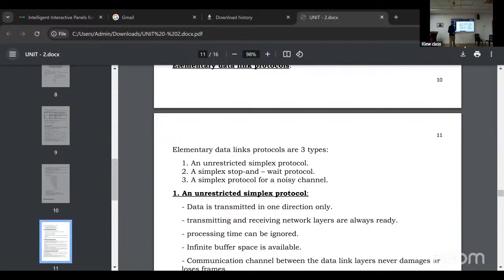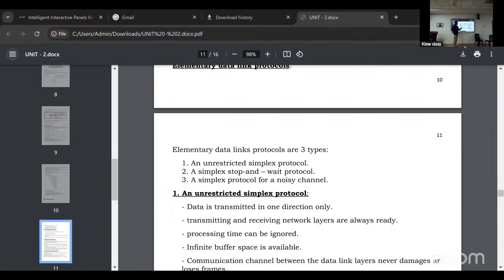For 10 base 5: 10 is for speed. Base is the signal type. 5 is the distance, so it should cover up to 500 meters. 2 is 200 meters.